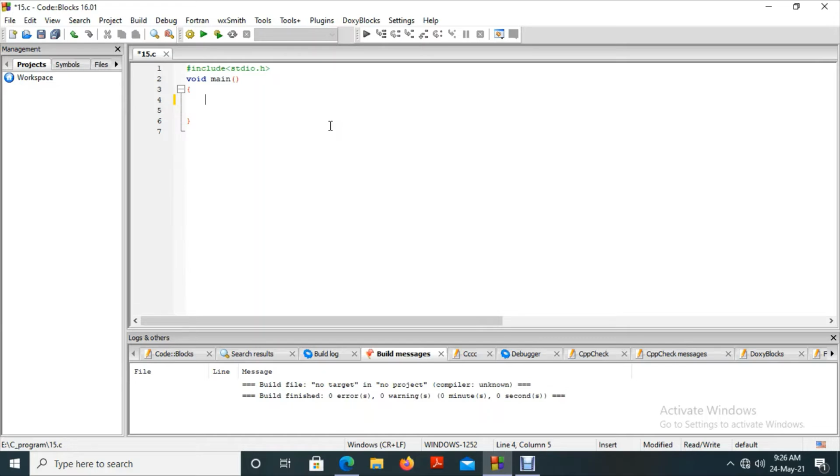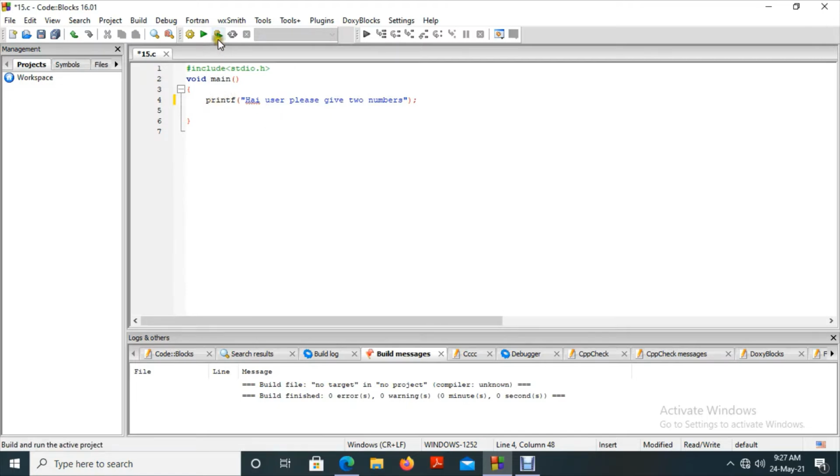For that I am using the printf statement. Printf "hi user, please give two numbers." This is a method by which we are communicating to the user.